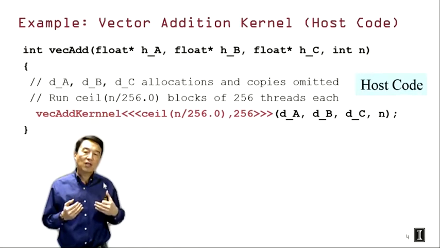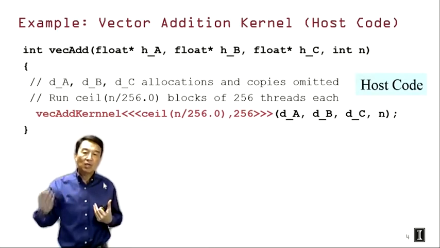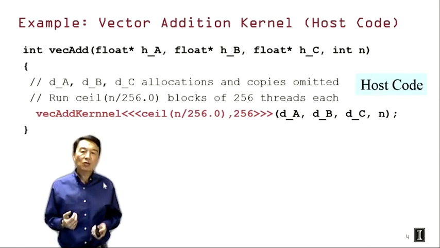So 1,000 divided by 256 as an integer division will actually generate a value 3. And then the ceiling function will now take it up to 4. So this is one of the ways to ensure that we can always have enough threads. Now going back to the previous slide,